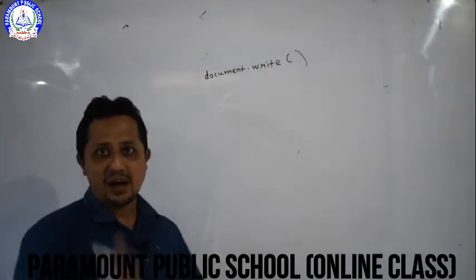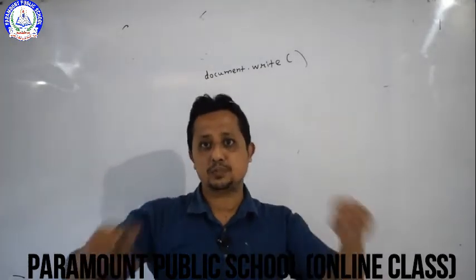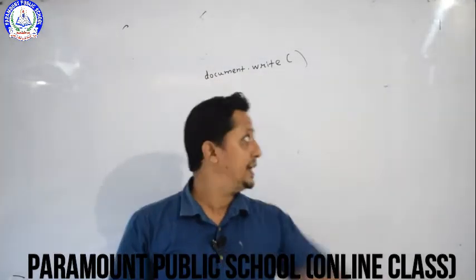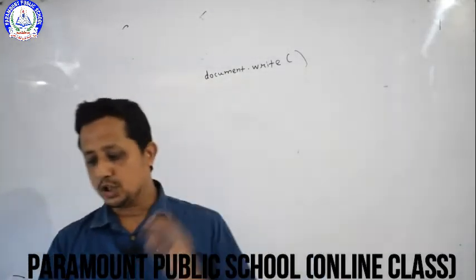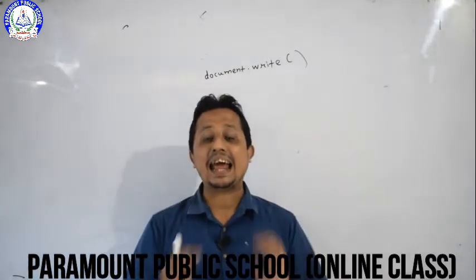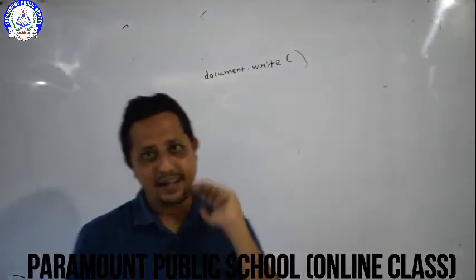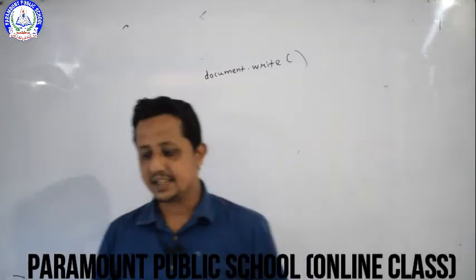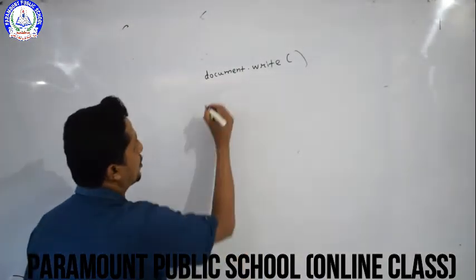Already we have found one statement, which one? Alert statement. Alert statement is used to display information to the user. Same, the document dot write statement is used to write text on the web page, and the general format of document dot write is